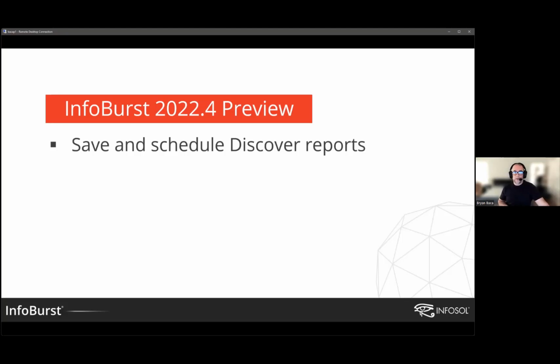So imagine a scenario where you've created a report that shows, let's say, bursts aborted for the week. And every Monday morning, you want to receive an automatic email from InfoBurst that has that particular report attached as an Excel file. So you'll be able to schedule your customized Discover reports using the power of the InfoBurst scheduler to push the Discover reports out to admins and users. So those two features are coming in